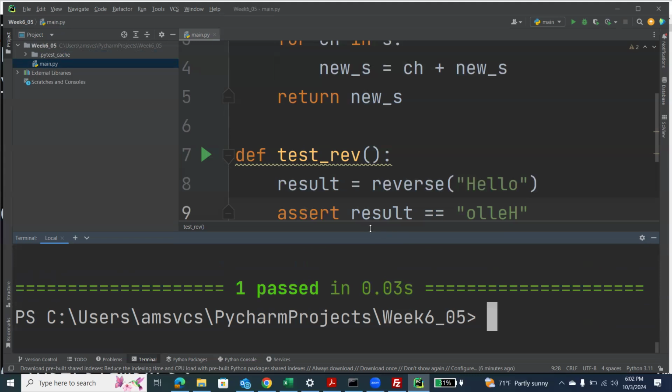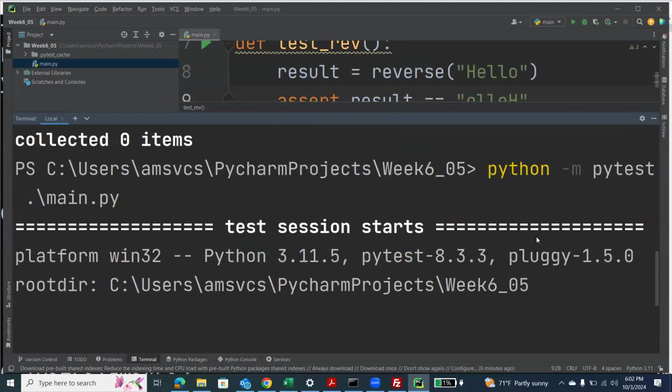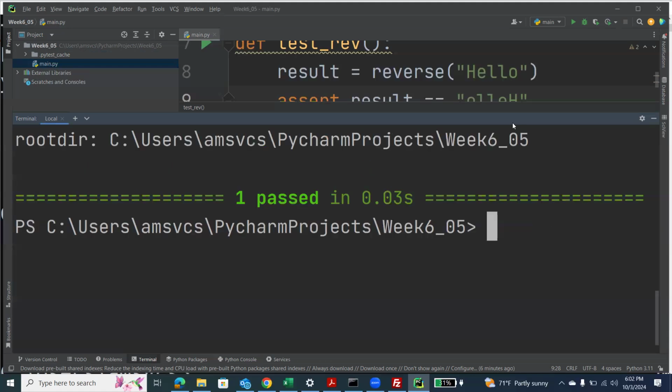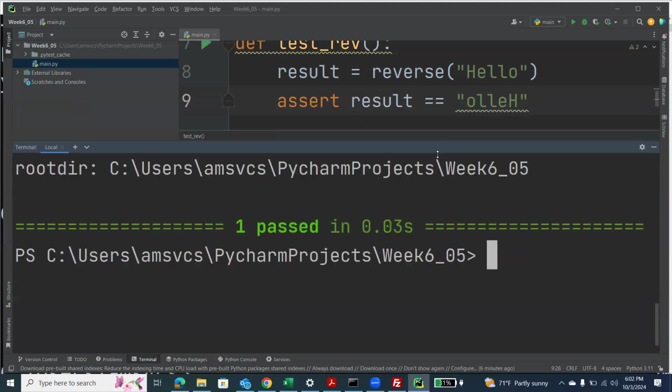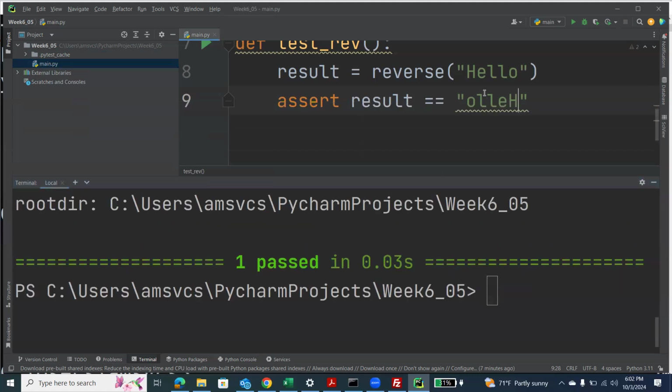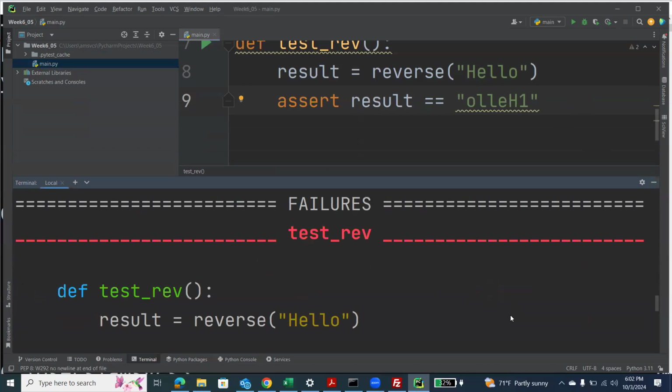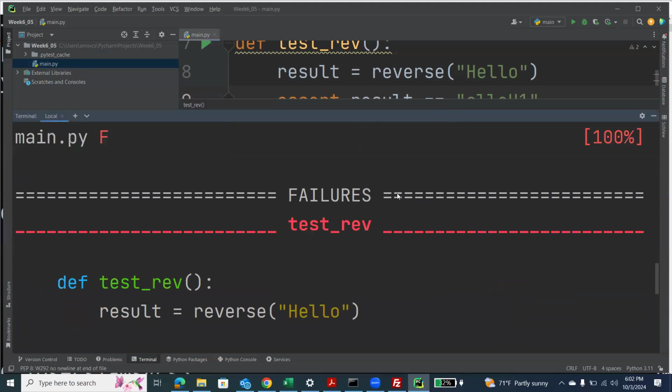Okay, and now you can see that one test passed because in my file there was just one test. Let's now change it a little bit, and I will write an incorrect test. If I do an incorrect test, then you will see this output,